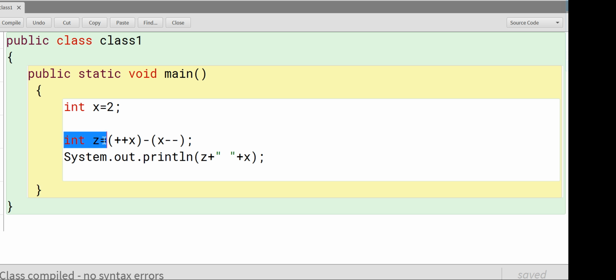So you should not be confused between these two forms of the increment and decrement operator. If we want to increase the value of the variable, then we can use the increment operator. In all cases, whether you use the increment operator in postfix form or prefix form, the value of x, or the variable, will be increased.